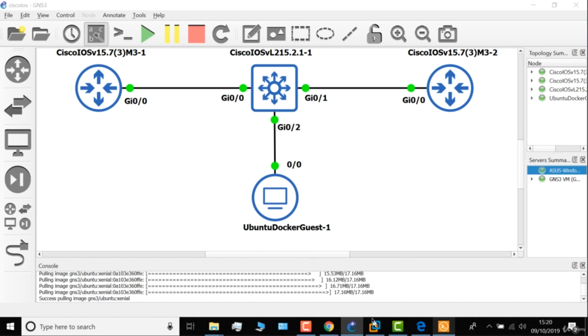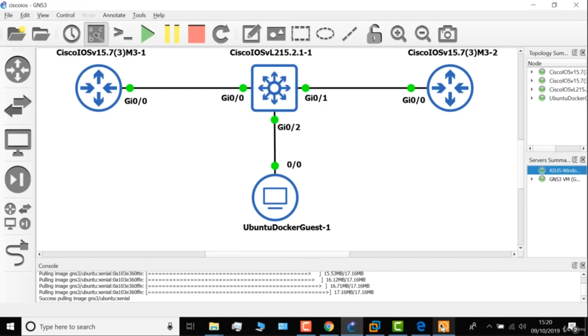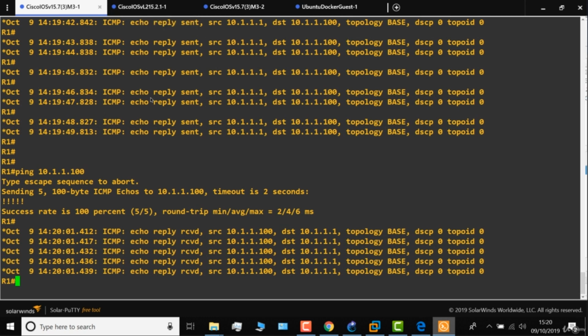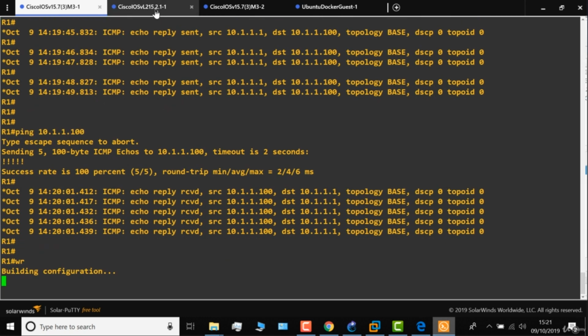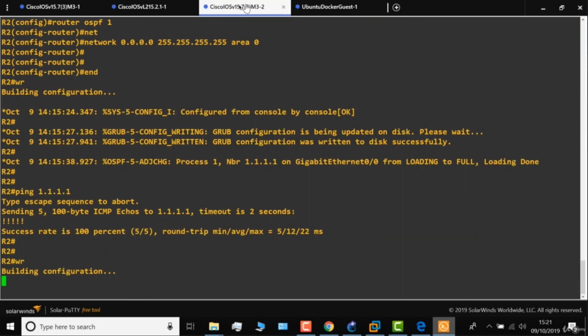Okay, so that's how you get a topology up and running in GNS3 with Cisco devices. I've got a Cisco switch, I've got 2 Cisco routers, I've also added a Docker container to this topology. This is all running on the GNS3 VM, which in this example is hosted in VMware Workstation Pro. Now don't forget, as always, when you've got devices such as Cisco devices, you should save your configurations once you've